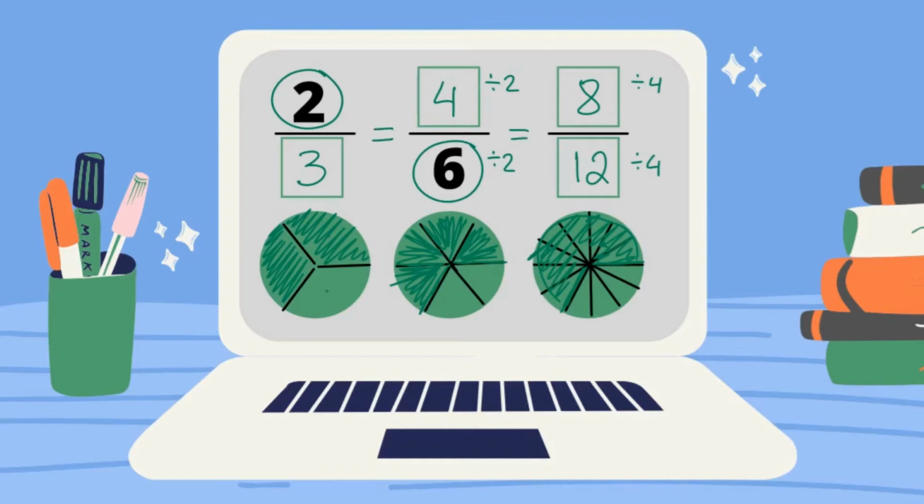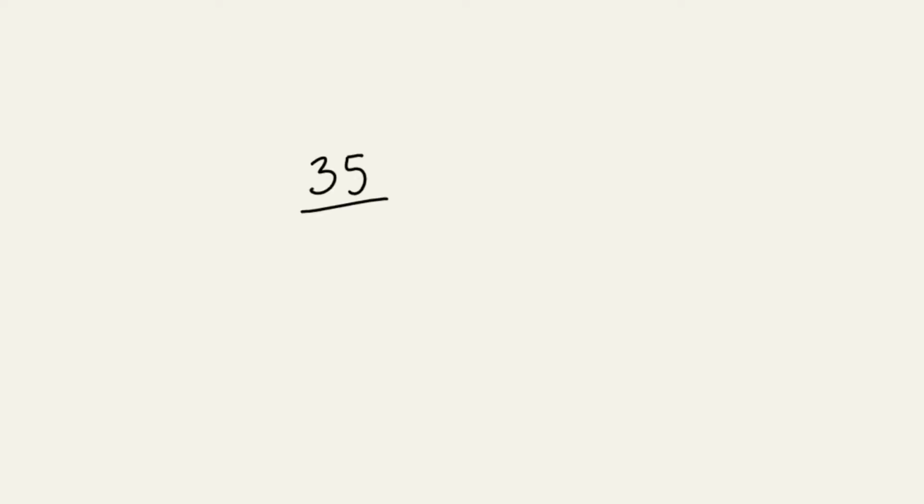And therefore, we can say that all of these fractions are equivalent because they end up representing the same portion of a circle, just given to us in a different number of smaller pieces. In general, when you are trying to reduce a fraction to its simplest form, you are dividing both the numerator and the denominator by the greatest value that they're both divisible by. So say, in this case, I can divide 35 by 5 and 45 by 5. And I will end up with